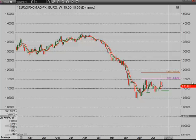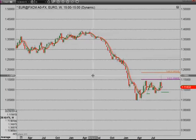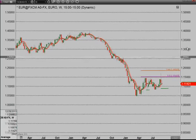The weaker euro is going to be beneficial for Europe as far as it being a global trading platform, for sure. It's going to open things up. It's going to make them much more competitive around the globe too, compared to that strong U.S. dollar. So in my estimation, this is a bear flag, and eventually, and probably sooner rather than later, you're going